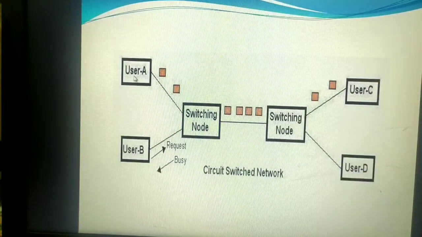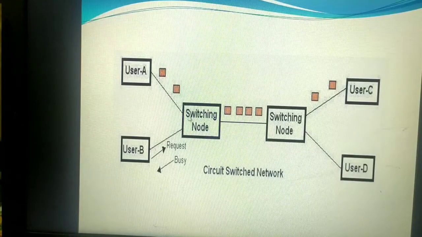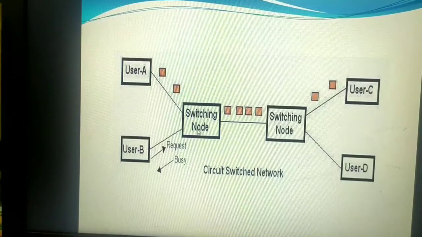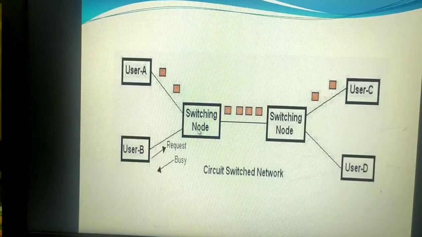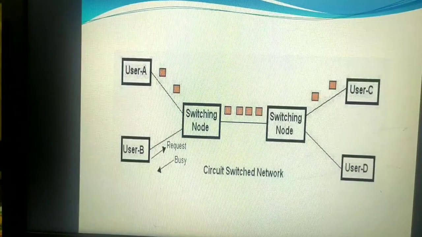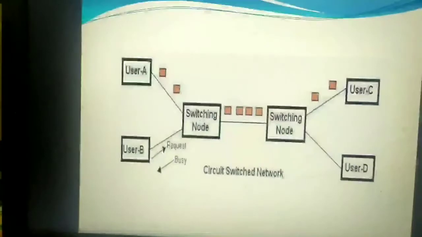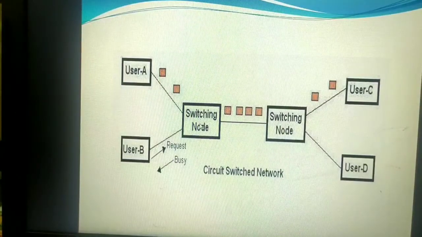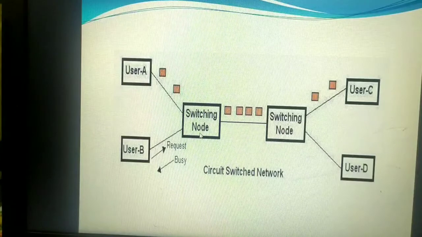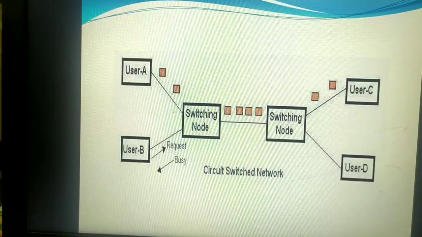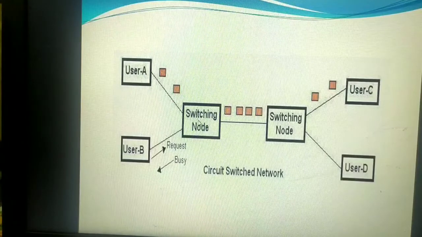Now think that A wants to communicate with C. When A dials the phone number of C, that signal first goes to the switching node, which can also be called the public switched telephone network. Previously I showed the slide where switches are the devices making the temporary connection. In this slide, this device, the PSTN, or switching node, helps all these four different computers connect with each other so that they can communicate. The phone number first reaches the switching node.